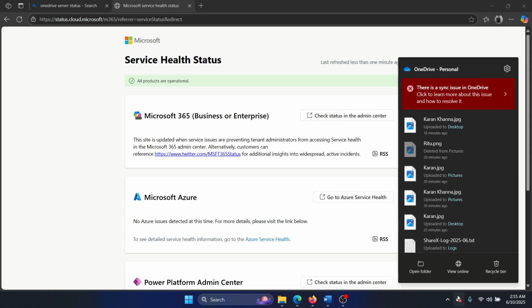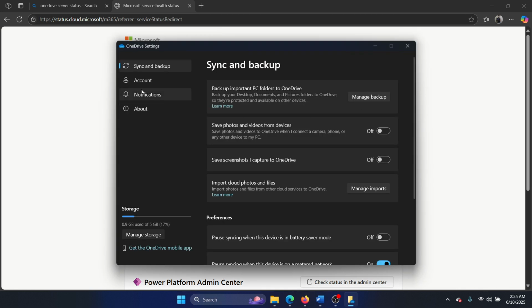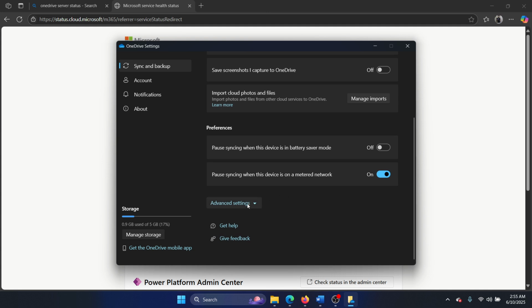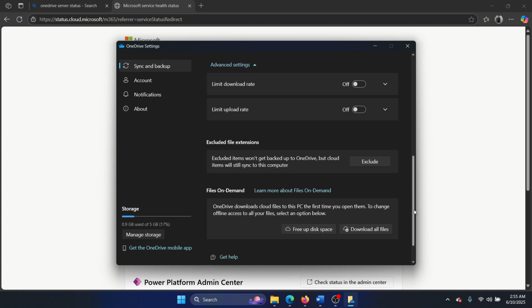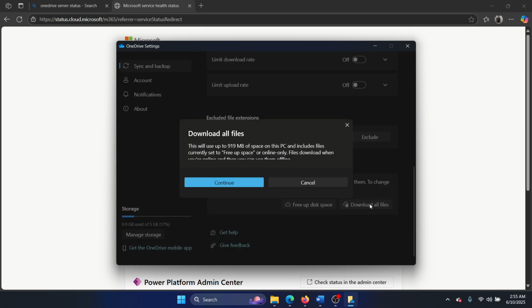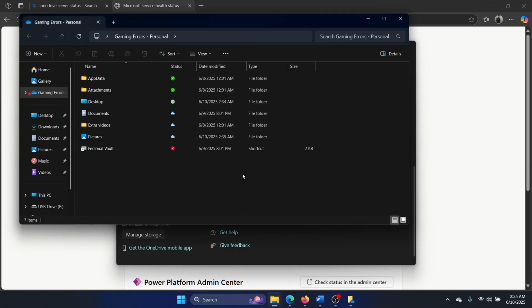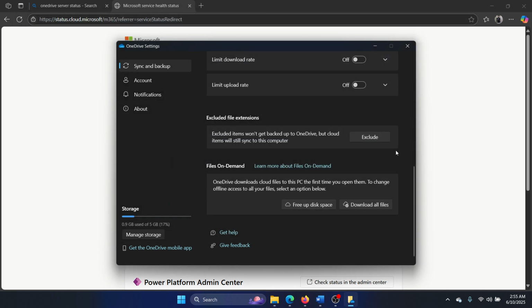So we will click on the OneDrive icon and then we will select settings. We'll go to the sync and backup page, which is the default page. Scroll down, select advanced settings. Scroll down and then click on download all files and then click on continue. Okay, it will need a while to download all the files, but when it does that, basically you're using this